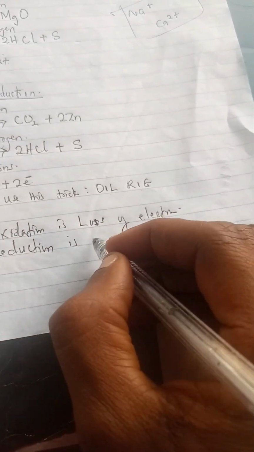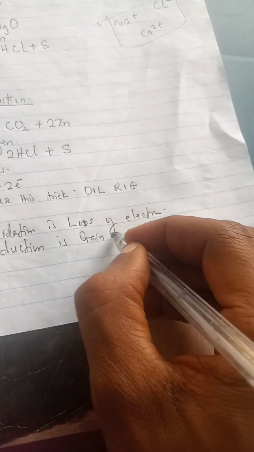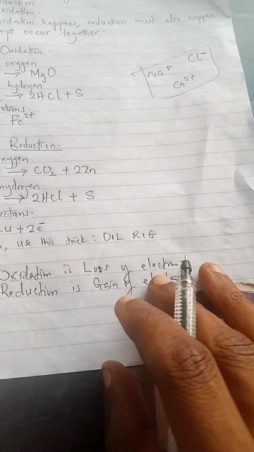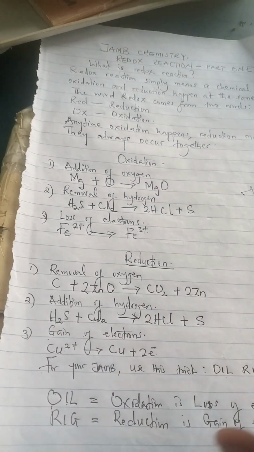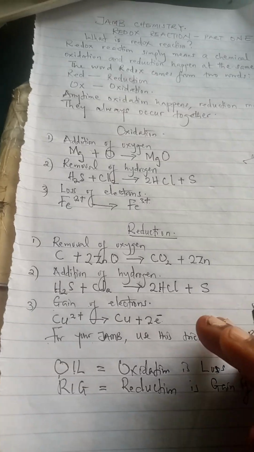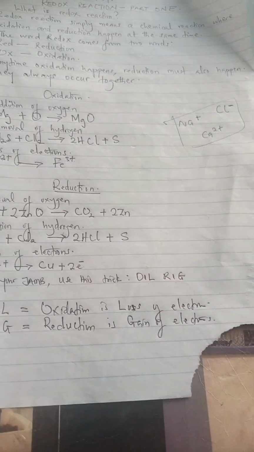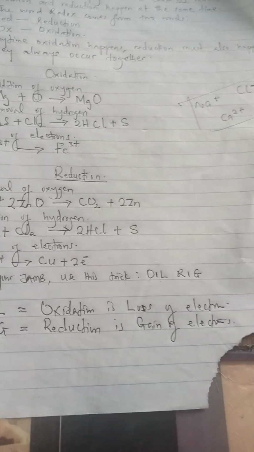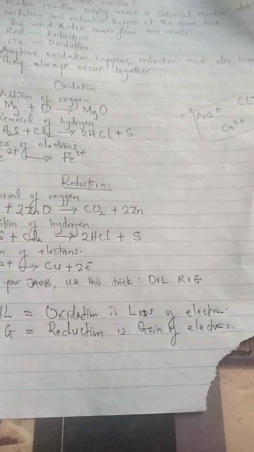Reduction is what? Gain of what? Electrons. So like I have told you, there are many definitions of oxidation, and many definitions of reduction. But the most accepted one now is the last two, which is loss of electron, oxidation, gain of electron,